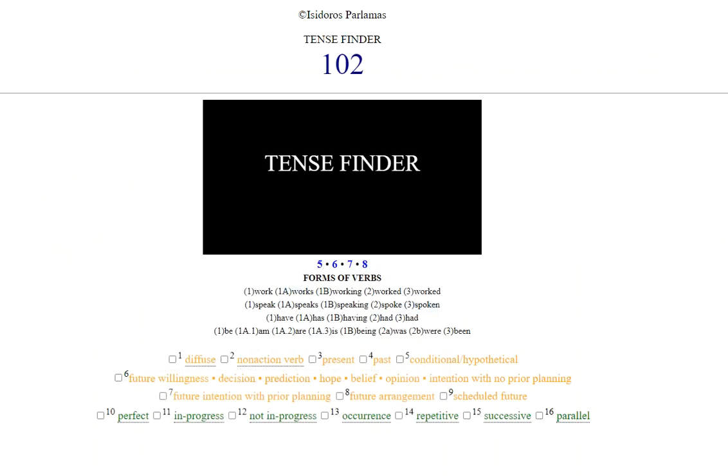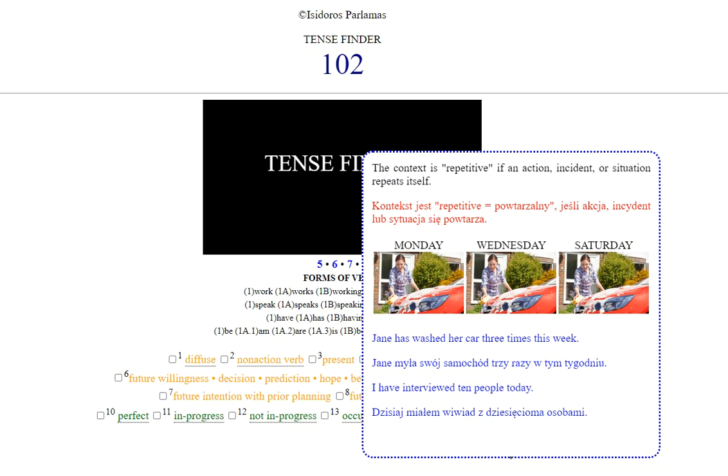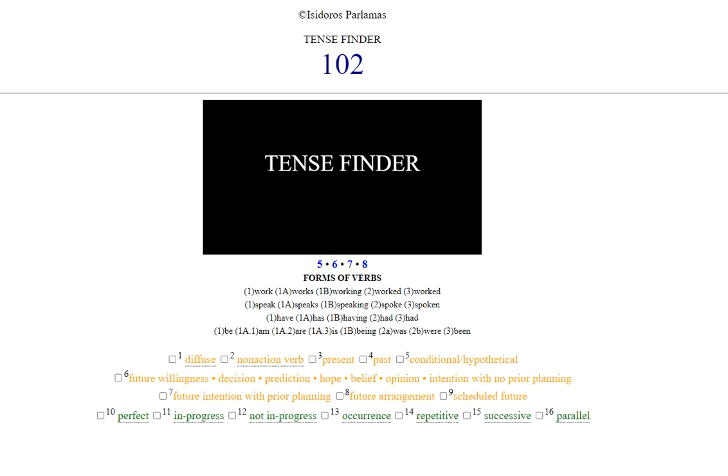And then with repetition, for example, Jane has washed her car 3 times this week. This is also, for example, perfect. You see, it says here perfect tense. And in progress would be continuous tense. Not in progress would be simple tense. And of course, remember, in progress would be continuous as long as it is an action verb, because if it's a non-action verb, it's simple. That's why your first choice must be the orange criteria, and then you come to the green criteria, okay? Occurrence is simple, repetitive is also simple,